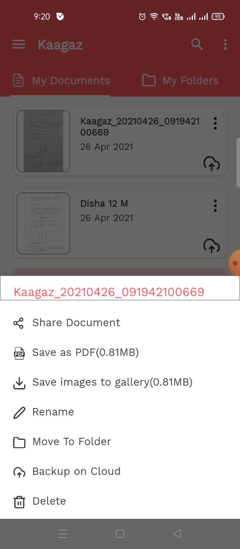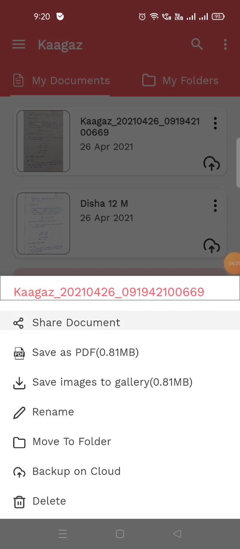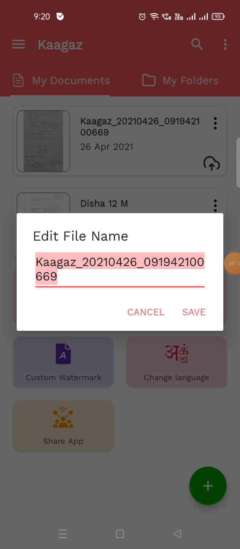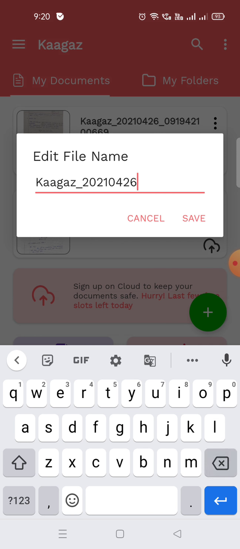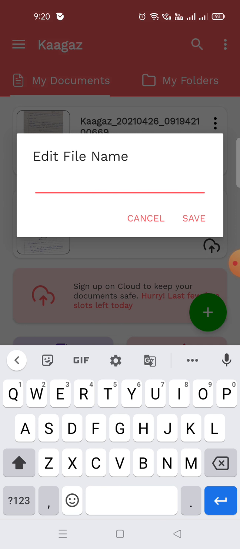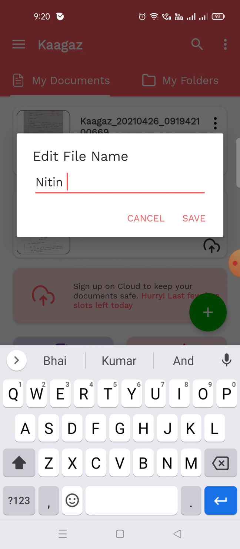See now what we will do, we will rename the folder. Rename and erase this and we will rename. For example, this is the document of Nitin, and suppose the section is diamond.